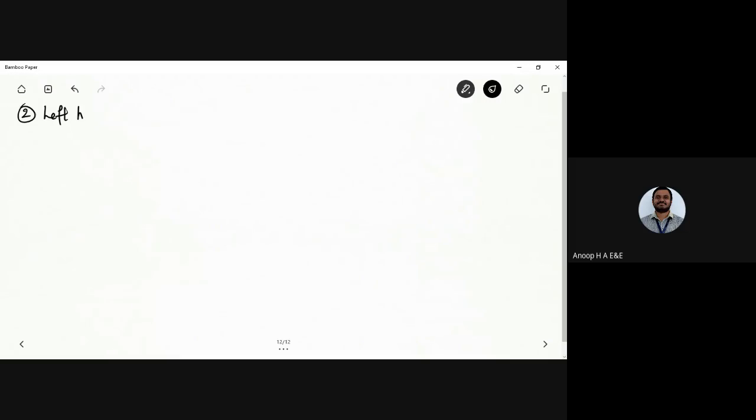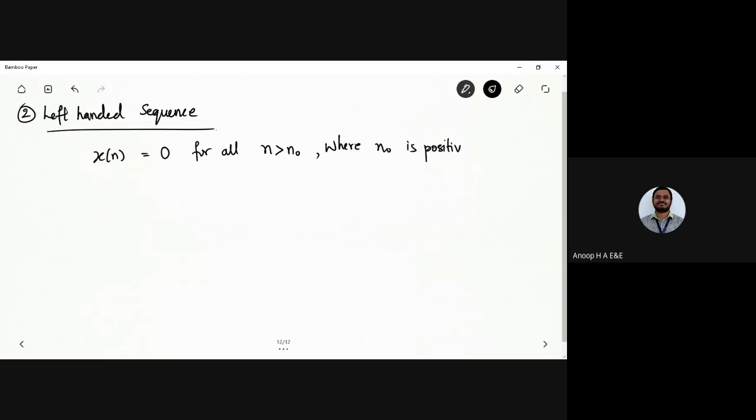If I want to talk about the left-handed sequence, I can call a left-handed sequence any signal x of n which is equal to 0 for all n greater than n naught, where n naught is positive or negative, but finite. If n is less than or equal to n naught,